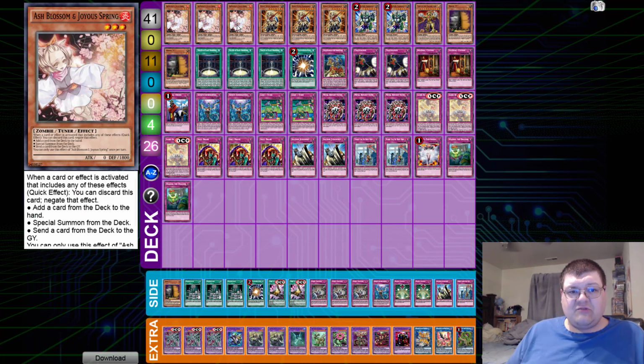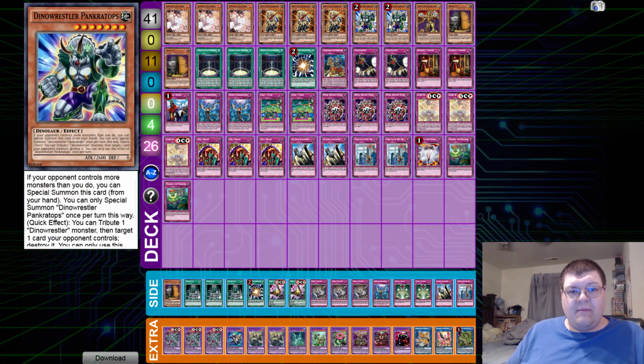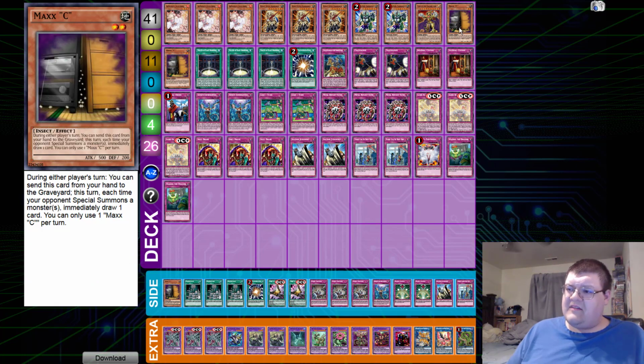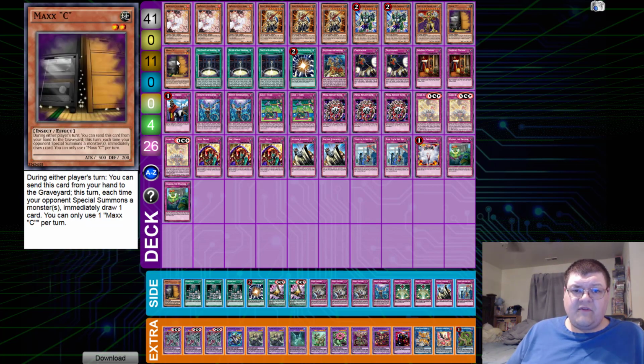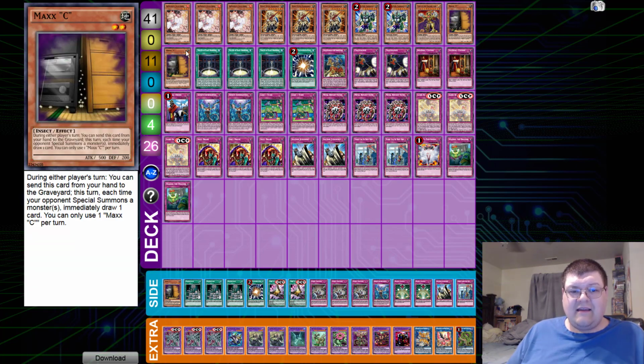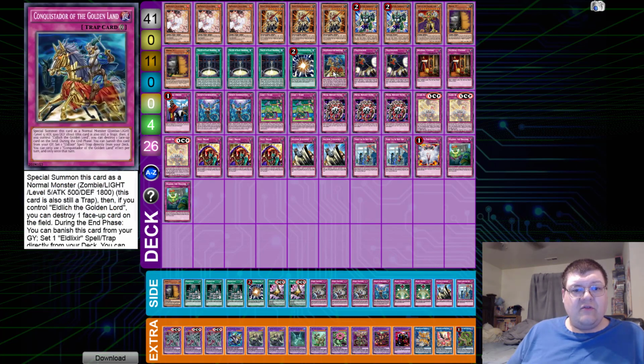So, we have triple copies of Ash Blossom and Joyous Spring. My boy Barbaros is here. Triple copies of Barbaros. Two copies of Pankratops with one Golden Boy and two copies of Max C. Very interesting for the card choices here. Like, I dig this. We have triple copies of the Eld Elixir of Black Awakening, one Super Poly, and then